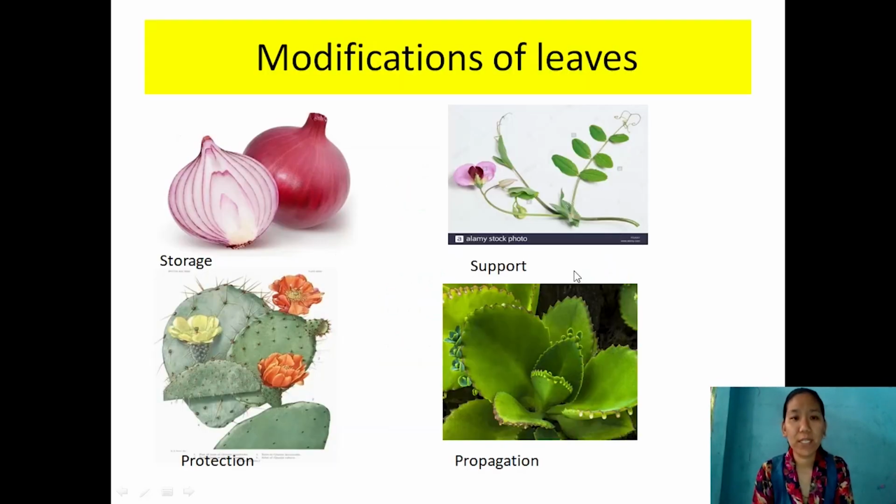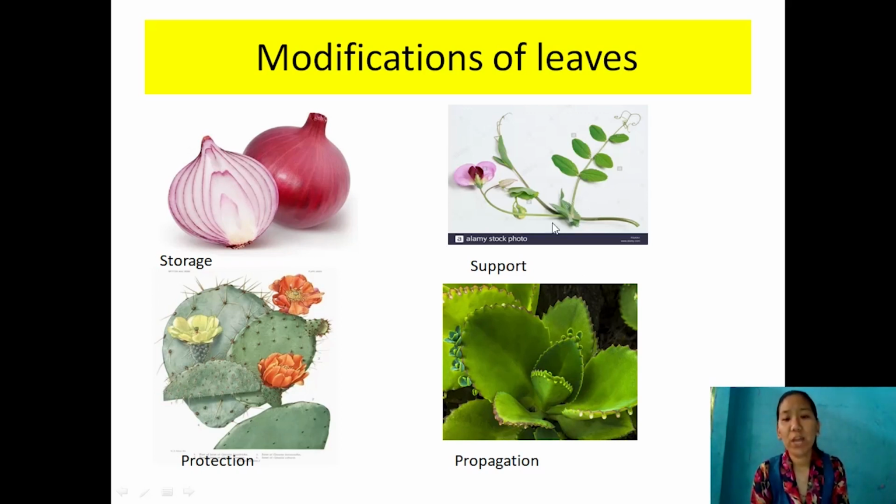Okay, so phyllotaxy. Now the leaves, as you know, are flattened structures which are green in color. They can be other colors too, but they have chlorophyll pigment for the purpose of photosynthesis. The main purpose of the leaf is to do photosynthesis and prepare food for the whole plant. But again, these are modified for various purposes and functions. For modification of leaf, the first one you can find is storage, as in the case of onion. You can see that the leaves are fleshy here. This helps in the storage of reserve food.